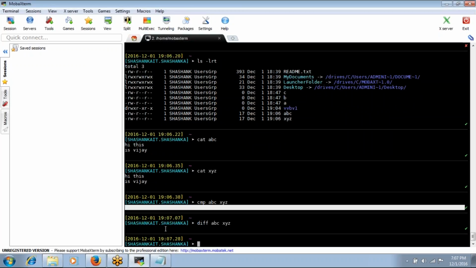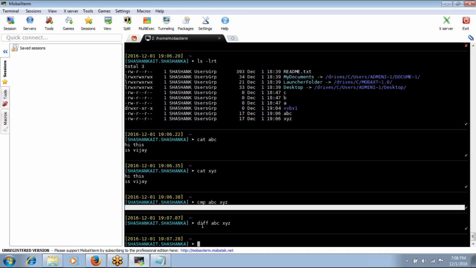So the CMP command and the diff command are generally used to check whether two files are same or not. If I give the CMP command with file1 and file2 and it does not return anything, that means those two files are identical. Again I used the diff command with file1 and file2, and it didn't return any output, it means both files are identical. Suppose the files have differences, how will the output show from the CMP command and how will the output show from the diff command?